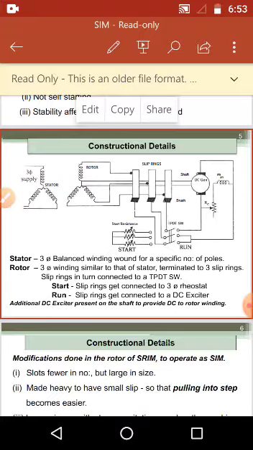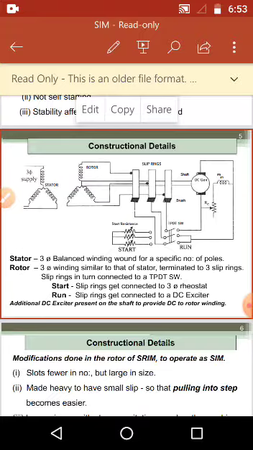Now, you can see the rotor. The rotor is also a 3 phase star connected winding. This rotor is connected to slip rings and through brushes. You can see in the circuit diagram, the rotor winding is connected through slip rings to brushes, and these brushes are connected to a triple pole double throw switch, a TPDT switch.